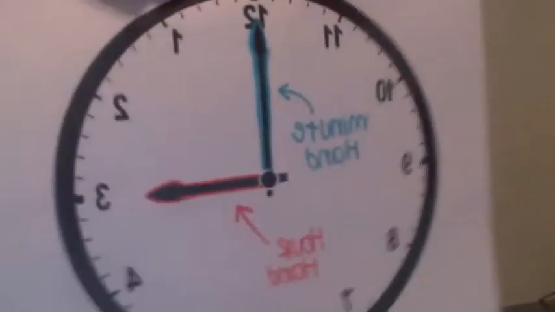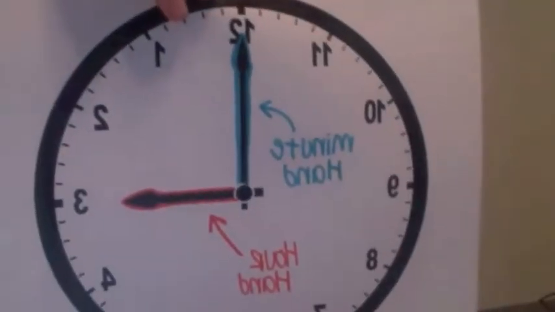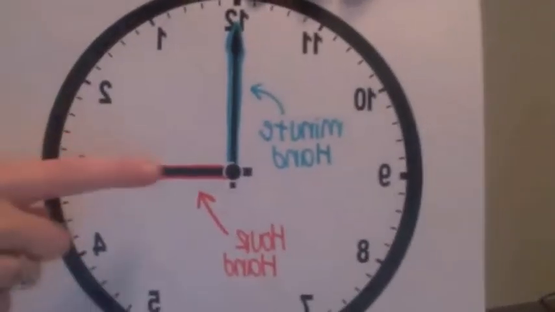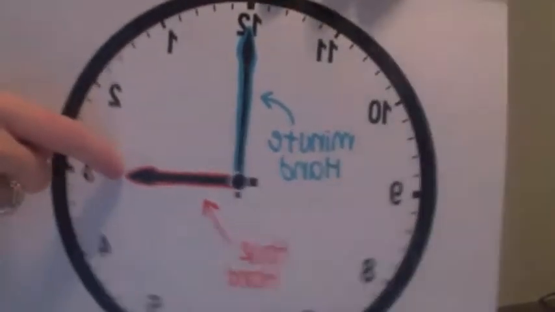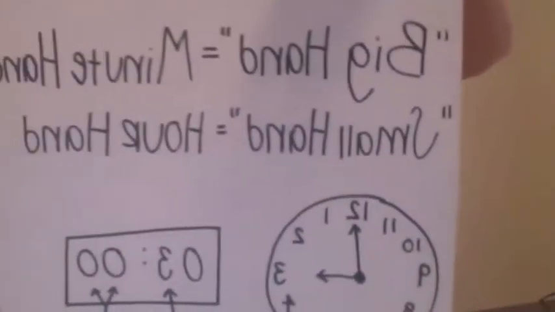So let's go to the hour hand. So this small hand right here is called the hour hand. And I also put that on your cheat sheet. The small hand equals the hour hand. Now,